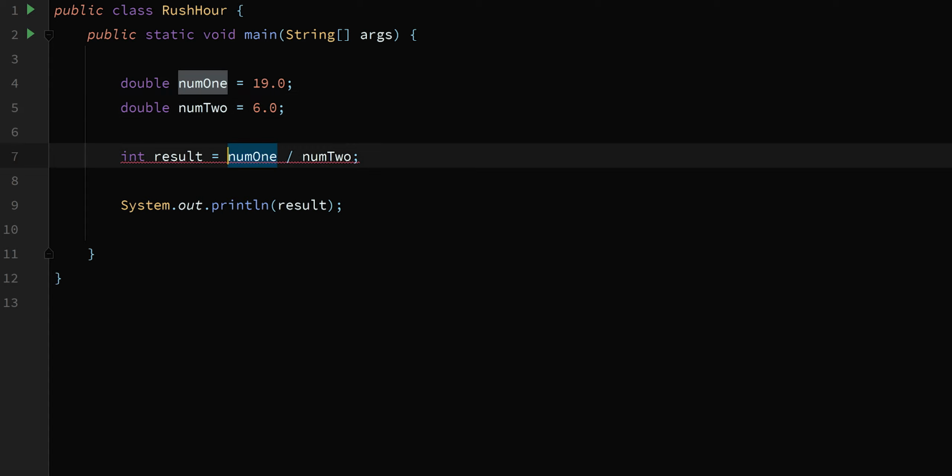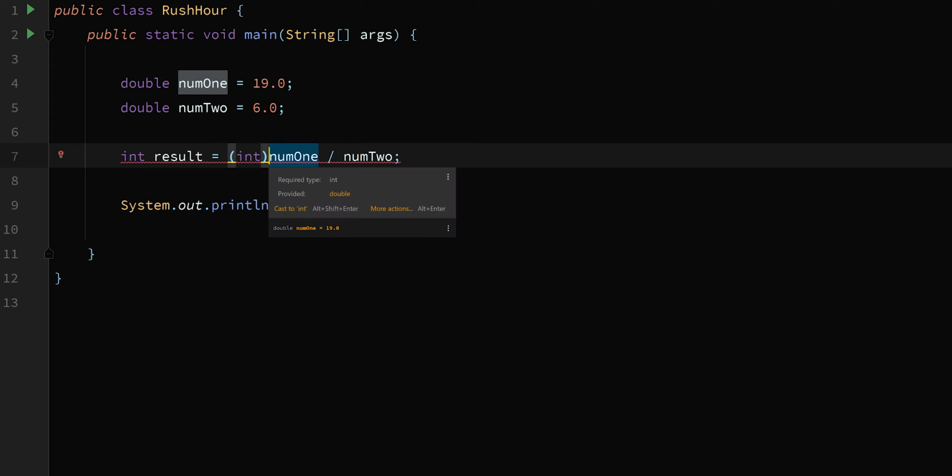So the typecasting this way is a little different because if I were to do typecasting that we just saw and I were to put int up here, sure, num1 becomes an int. So instead of 19.0, it just becomes the whole number 19. However, num2 is still 6.0, which means I would get a double answer and therefore I still can't store it in my int result. So what I need to do in this case, notice we didn't do this with the double because only one needed to be double, is I need to